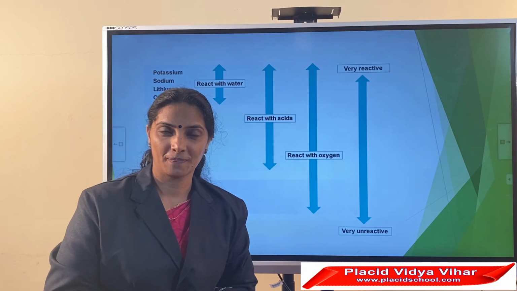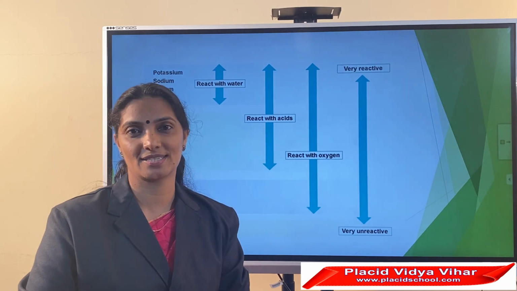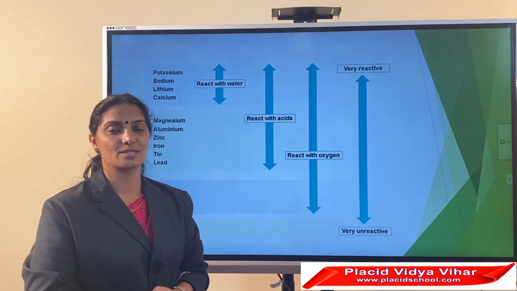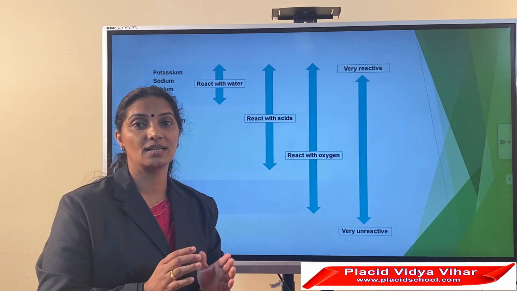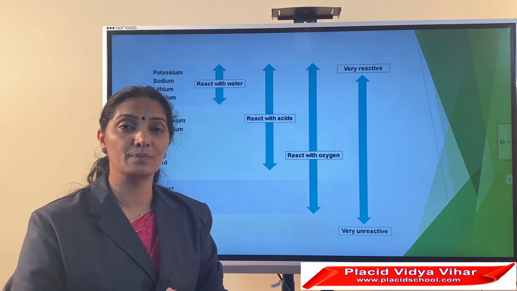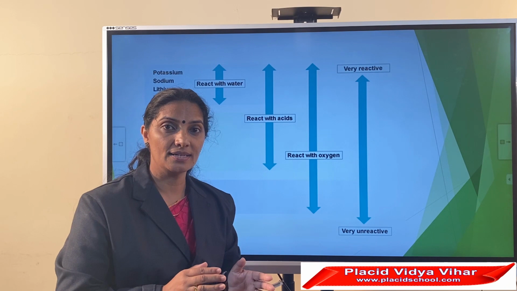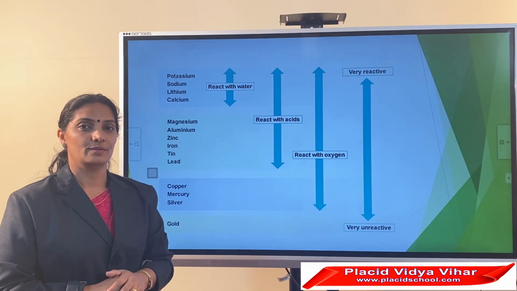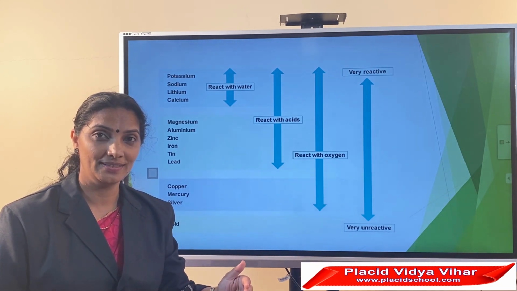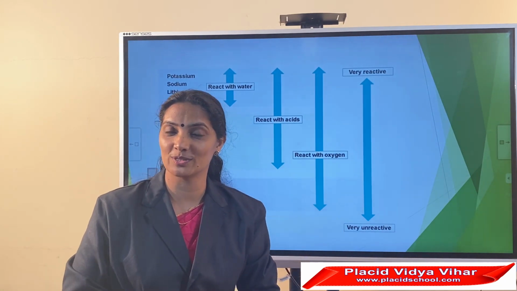Now, we have one more reaction left. Do you remember? In the beginning, you observed the topics of today's discussion. Do you remember which reaction is left? Yes, it is displacement reaction. Displacement. It is a reaction in which a highly reactive metal displaces a less reactive metal from its salt solution. That means it's a reaction between a metal and the salt solution of another metal. When a highly reactive metal reacts with a solution of a less reactive metal, the highly reactive one displaces the less reactive one from its solution.